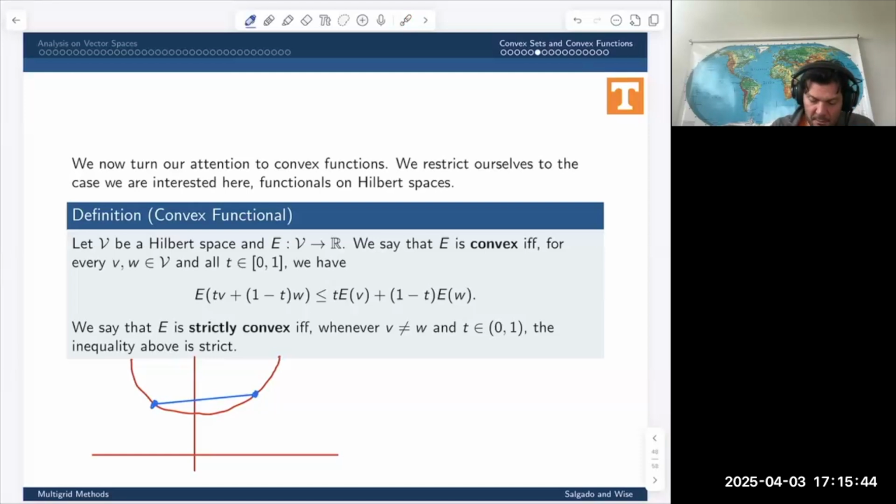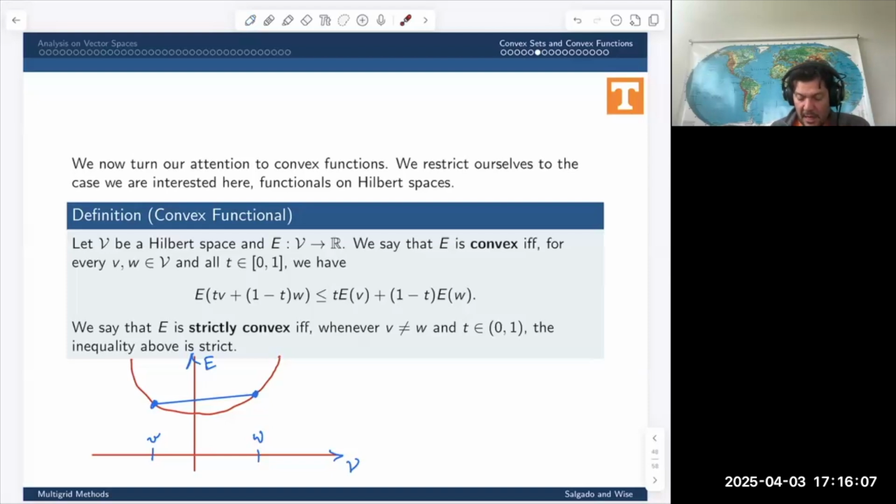Let's put the corresponding points. This might be V, and this would be W. Now, of course, we have to pretend along the bottom this is the Hilbert space, and along this axis is E. Okay? So now if we pick a T